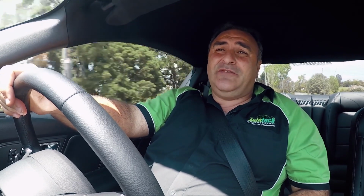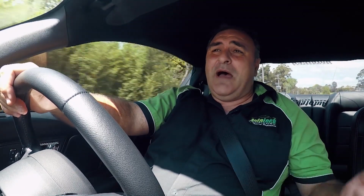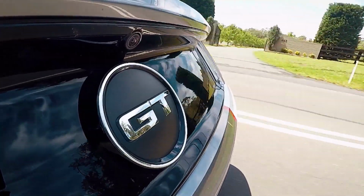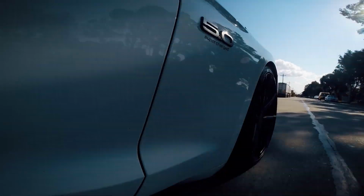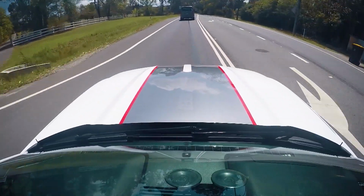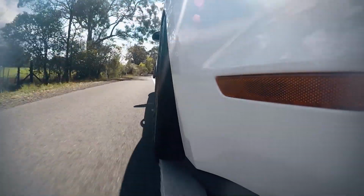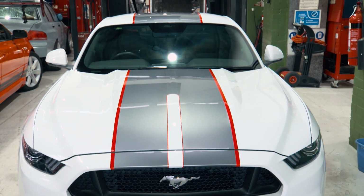This particular vehicle that I'm road testing is actually our development car. We buy cars in our workshop to physically kit them up, experiment with them so that we know what modifications we can do to those cars for our clients. It's powered by a 5-litre GT Coyote engine. It comes from factory with roughly 310 kilowatts at the flywheel, which equates to around about 225 rear wheel kilowatts on our chassis dynamometer. Other than cosmetics that we've done, some paint stripes, painted the brake calipers, some bigger wheels,